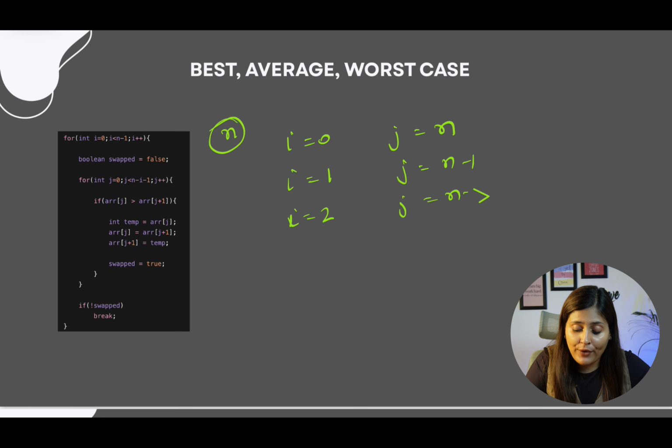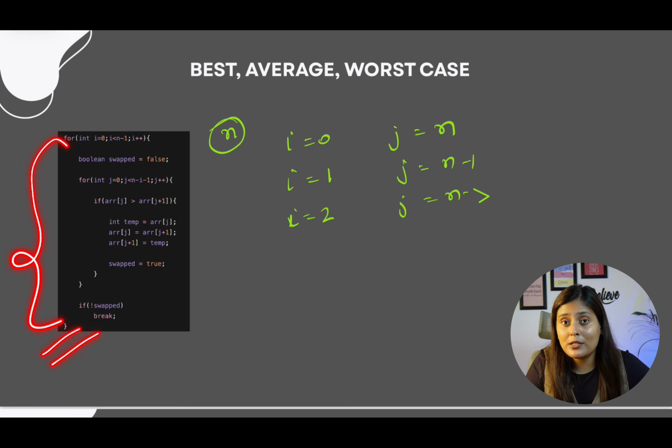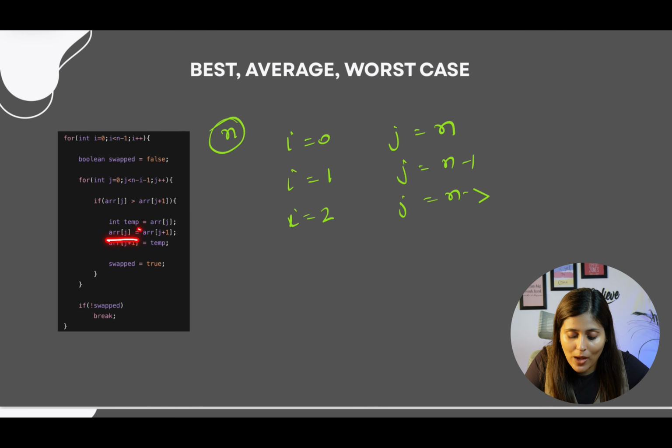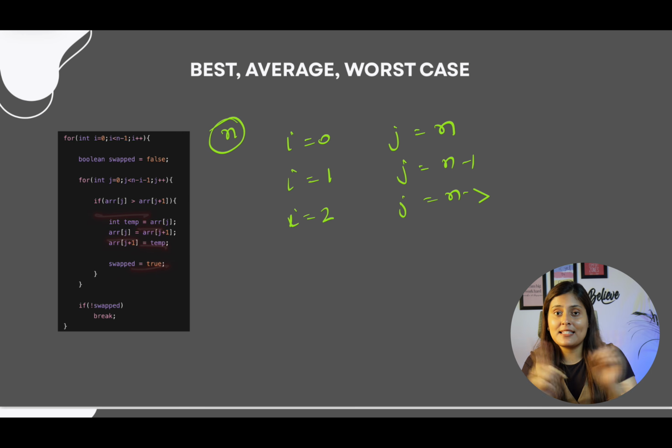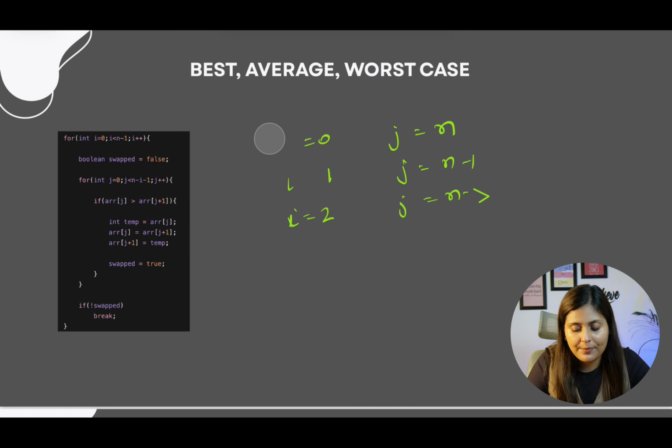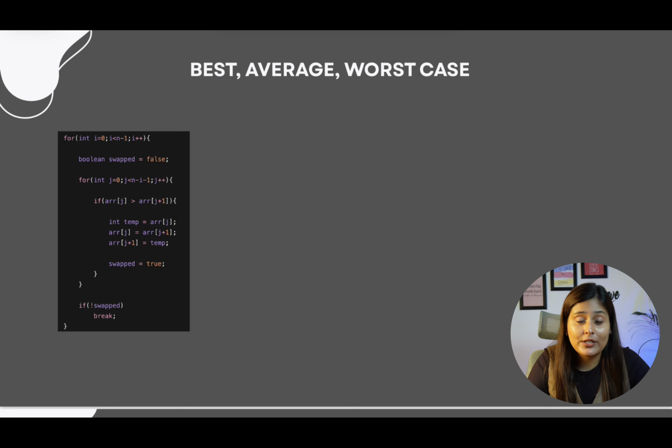Not exactly. When you see this minor difference, n minus 1, n minus 2, n minus 3, this can also be calculated as n square. So if you see this, the code is for the bubble sort algorithm, where we are swapping the numbers when we find that one is greater than the previous one. Correct? Yes. So how do we think about the worst case?